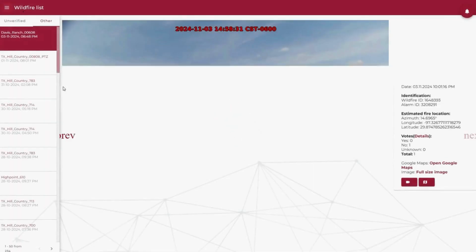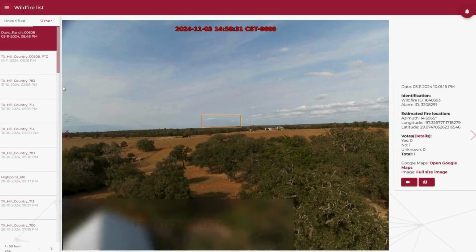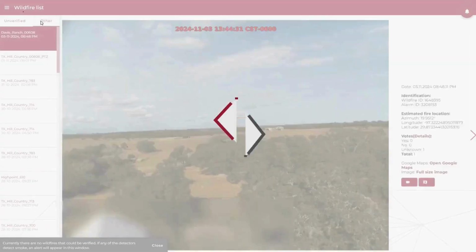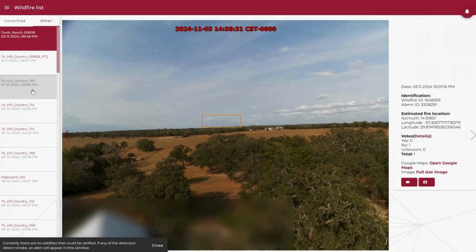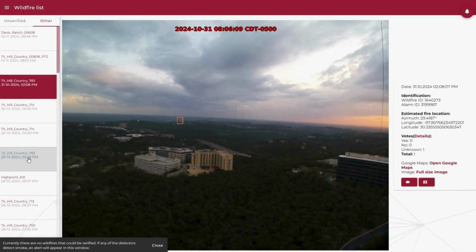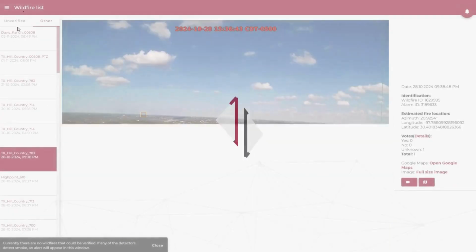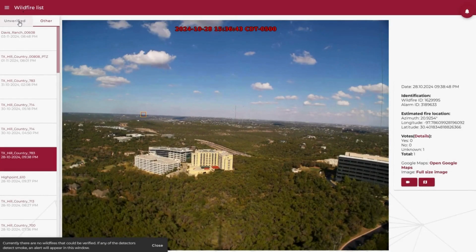Last thing I want to show you are the alerts. Also a simple interface, starting with 2 tabs on the left, unverified, and the other. In other, you basically have history of all of the alerts you've marked to display in here from the settings. And on unverified, if you have an assigned dispatcher from your institute, he will get the alert first and he can decide whether to send it to all of the alert recipients of your institute or dismiss it as